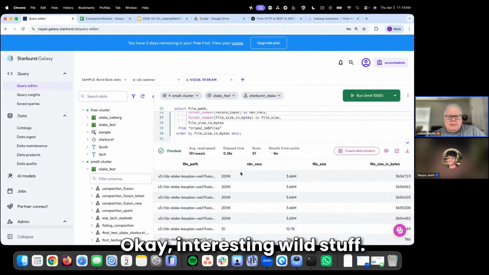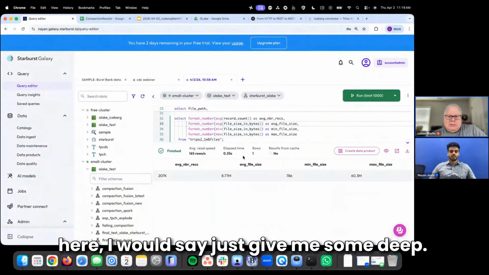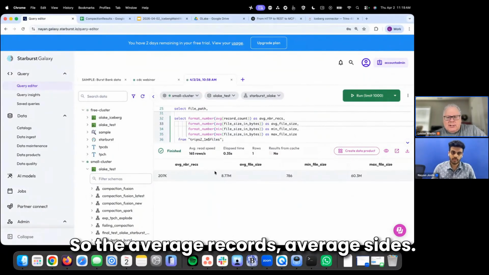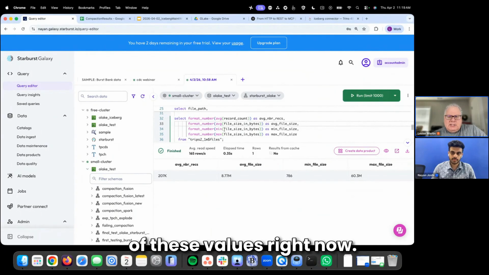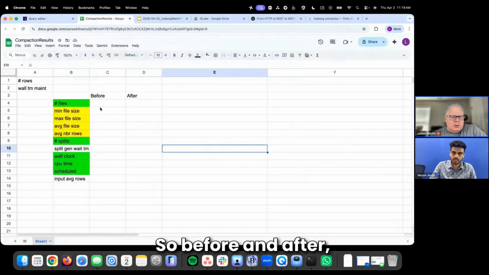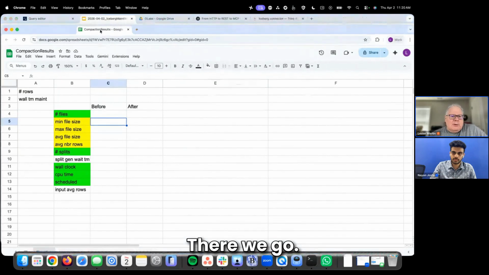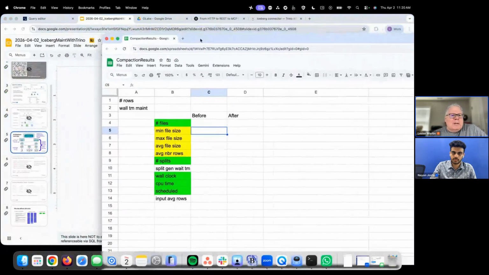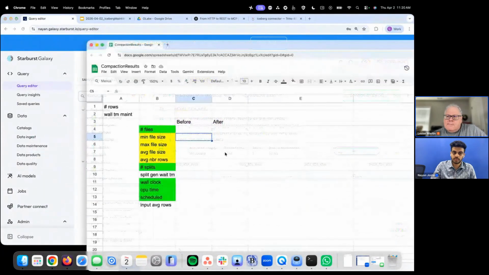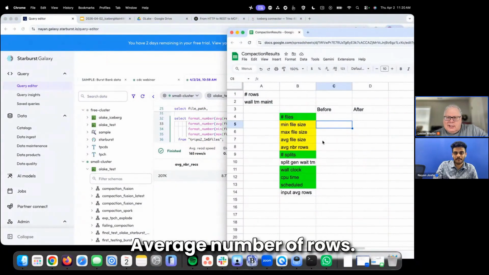Okay, interesting, wild stuff. And just for one more, before we do any magic here, I would say just give me some averages: the average records, average size. I'm going to capture some of these values right now, to remind myself, because we want to see what's happening before and after. Let's pull it off screen. There we go. This one plus this one. Average number of rows,